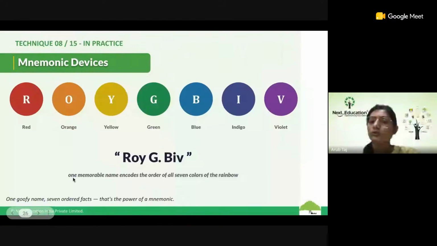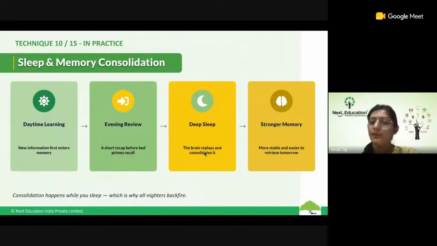So how will sleep and memory consolidation work? Daytime learning: you are entering new information into your brain. Then an evening review is required, a short recap before your bed. Then deep sleep: the brain will replay and consolidate it. And then strong memory, more stable and easier to retrieve tomorrow, because now your brain has moved from